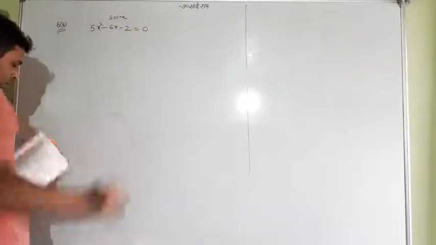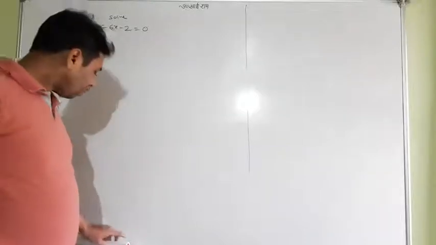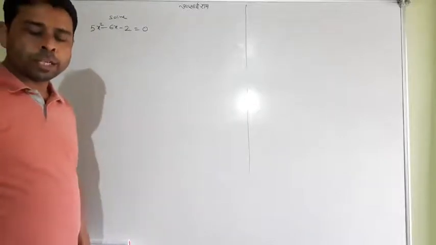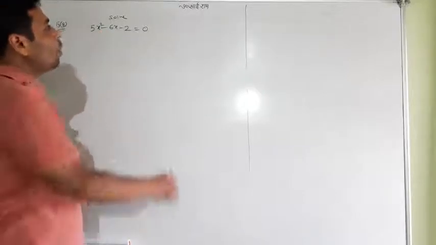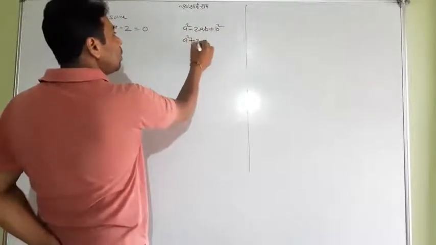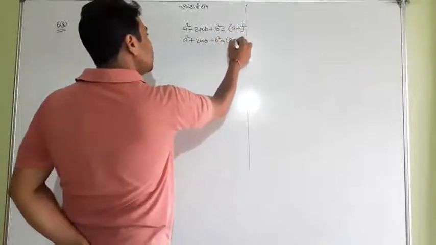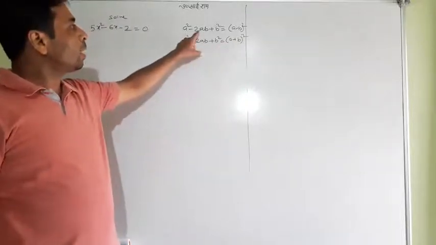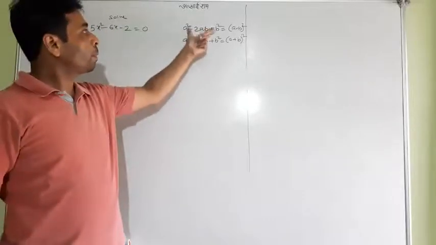Solve 5x square minus 6x minus 2. This is the question. Hope it's going to be easy for you, because the concept I discussed yesterday was a bit easy. Now look, it is a minus sign. I taught you we have two important formulas: a plus b whole square, and a minus b whole square. By looking at these two, one can simply understand that the coefficient of x is negative, so it will be compared with the one with minus.